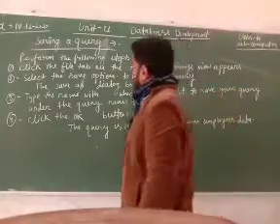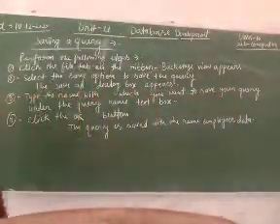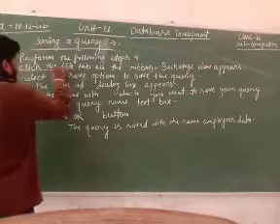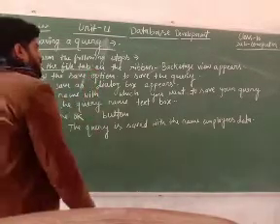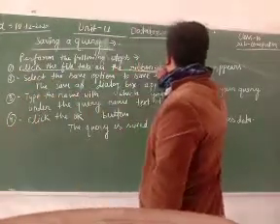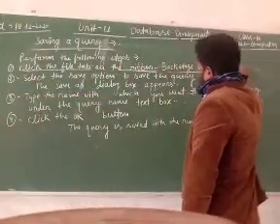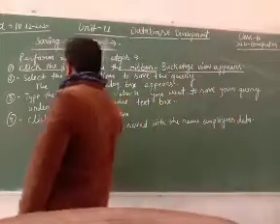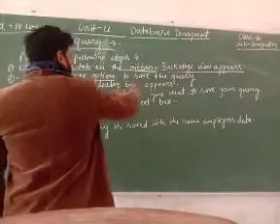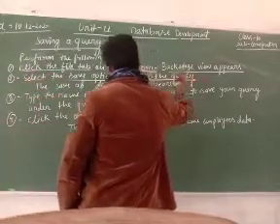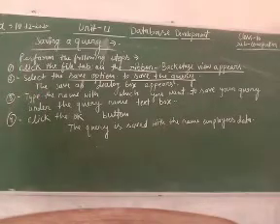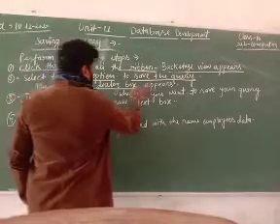Now students, we should follow the steps for saving a query. So click the File tab. First of all, click the File tab on the ribbon. When you click on the File tab on the ribbon, you will find the Backstage view there. And here select the Save option. Here you should select the Save option to save the query. Okay. And when you have selected the Save option, you will find the Save As dialog box appears.